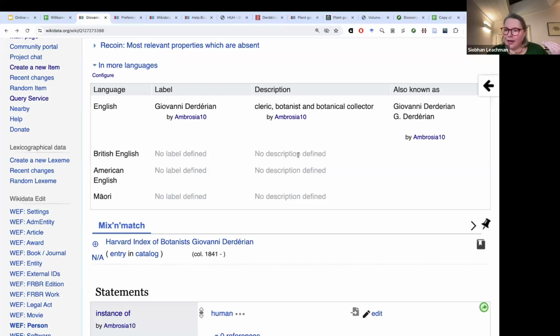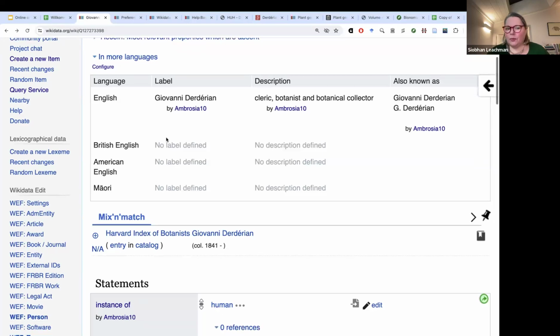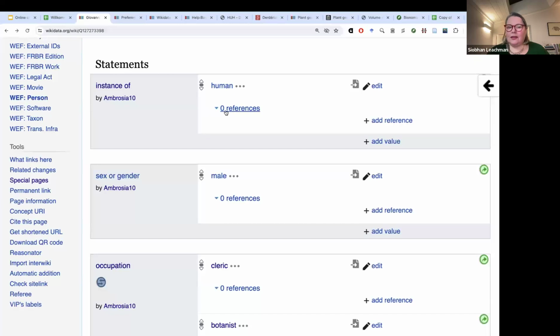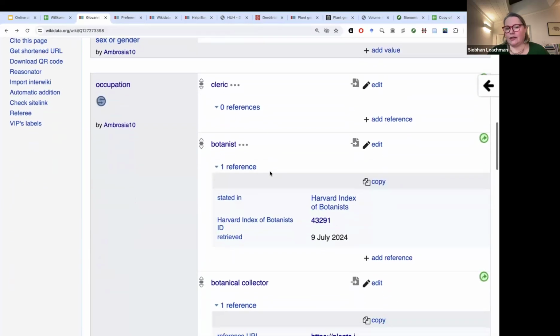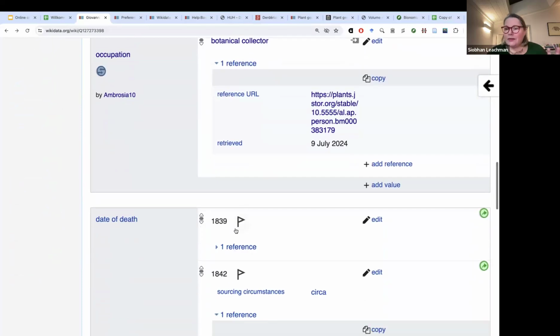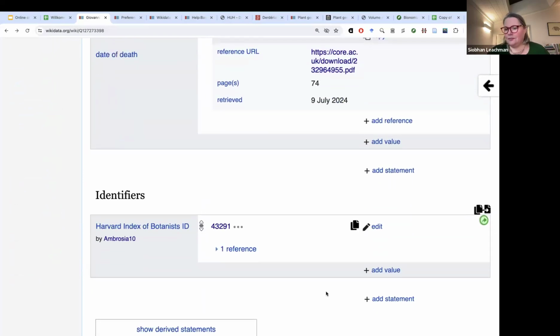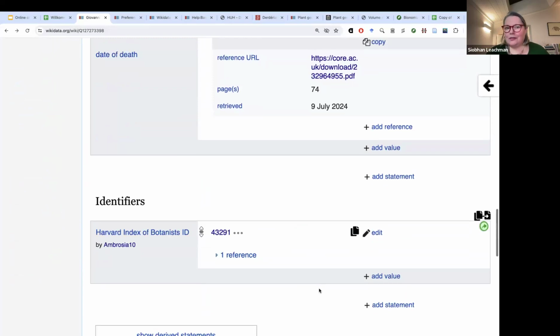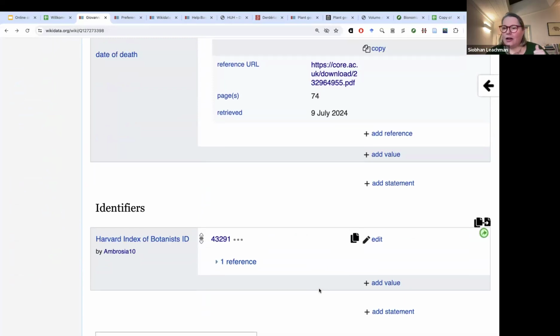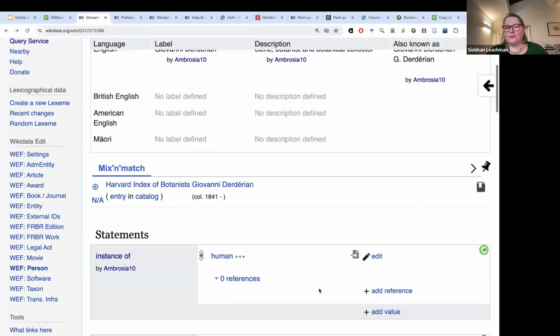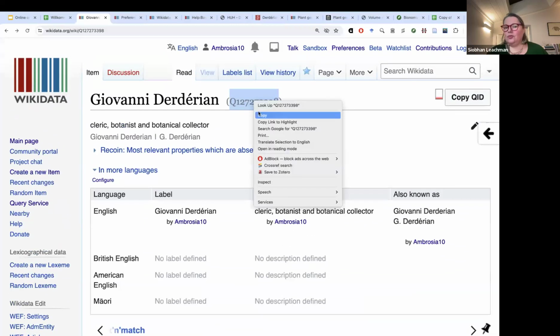Hopefully other people will come along and translate that description into other languages. There are bots that do this as well. There's statements: he's a human, he's likely male, he's a cleric, a botanist and botanical collector, possibly died in the mid-1800s according to these dates, and he has an identifier. And that's sufficient for the time being. You could put heaps of other information in here. I know he worked in Persia, for example. We may be able to know even the town he worked in, so we could add that sort of data. But at the moment, that's sufficient to be able to take and reuse that